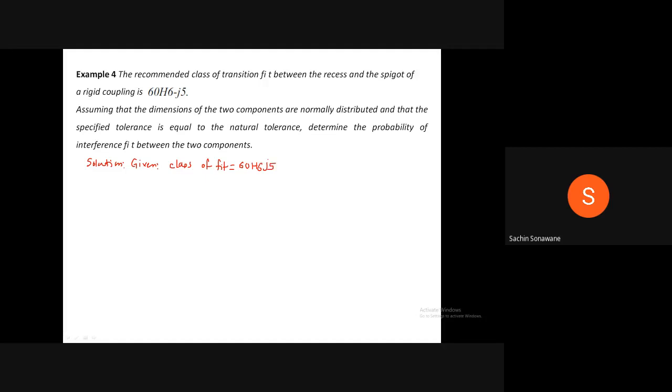Therefore, there are two populations: races dimension denoted by letter R and that of spigot dimension denoted by letter S. Therefore, first of all, step 1,